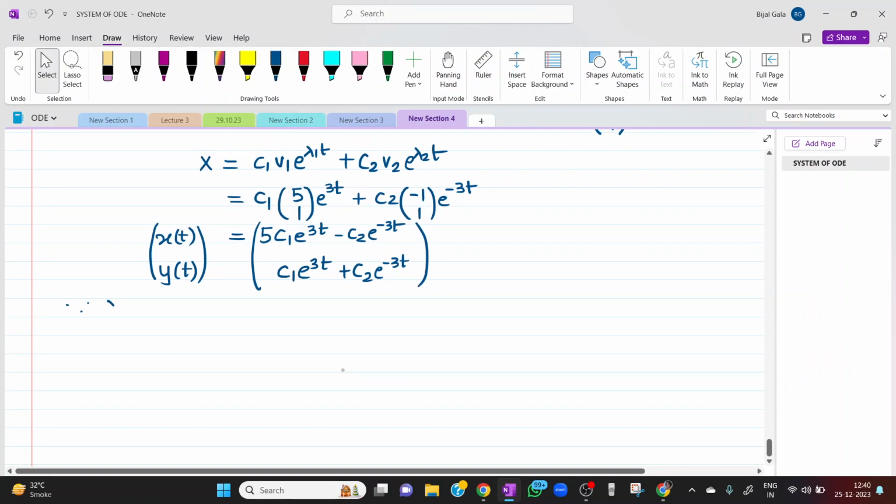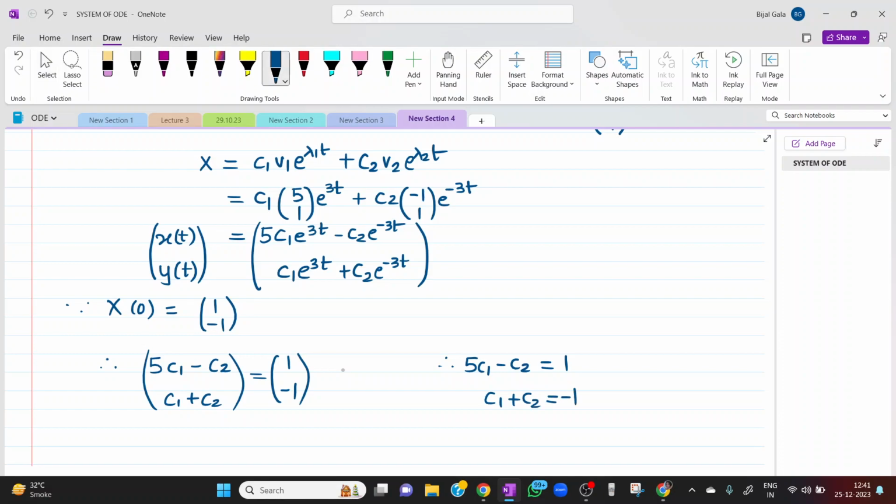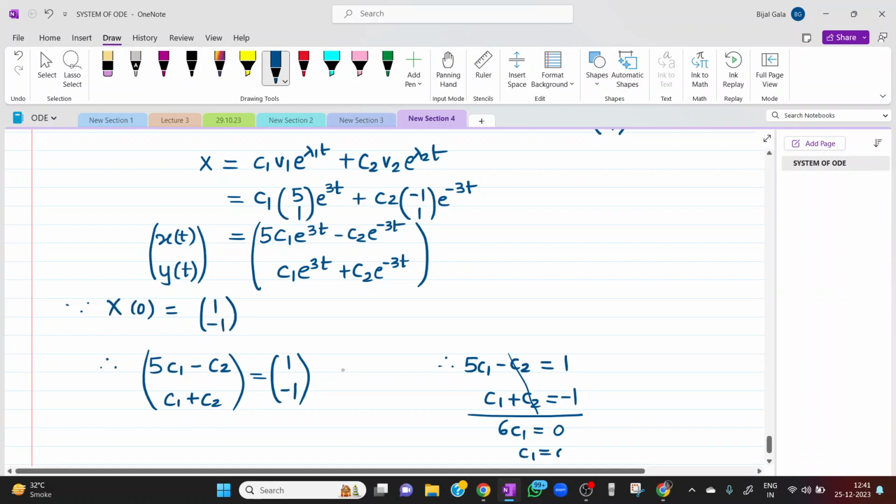So since x of 0 is equal to plus 1 and minus 1, when I put 0 in the first equation, I would get 5C1 minus C2. And when I put 0 in the second equation, I'll get C1 plus C2. This is equal to plus 1 and minus 1. So I can say 5C1 minus C2 is 1, and C1 plus C2 is minus 1. Adding the two equations, I'll have 6C1 is 0. So C1 is 0, which implies C2 is negative 1,